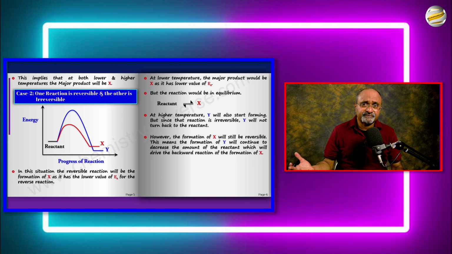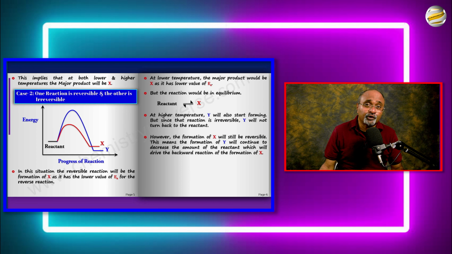Now at higher temperatures, if it is also again reversible, then what will happen is, whatever the amount of the reactant that is going to Y, that amount of the reactant will be formed by the reversibility of X based on the Le Chatelier principle. According to the Le Chatelier principle, if there is a reactant and a product and the reactant is withdrawn, the reaction will go back to form the reactant again. And in this case, the reactant is going to Y and it is not coming back from Y because Y is irreversible. And therefore, whatever reactant is consumed to form Y, that reactant will be compensated by the reverse reaction of X. But this will keep on happening. X will go to the reactant, the reactant will go to Y, again the reactant will decrease, X will go back to the reactant. Eventually, only Y will exist.